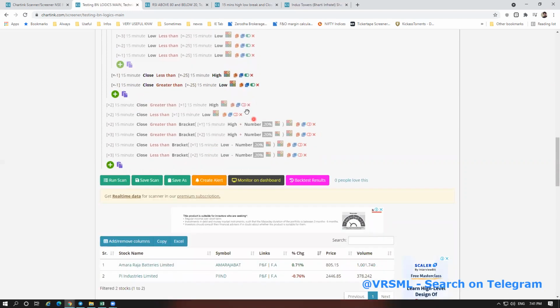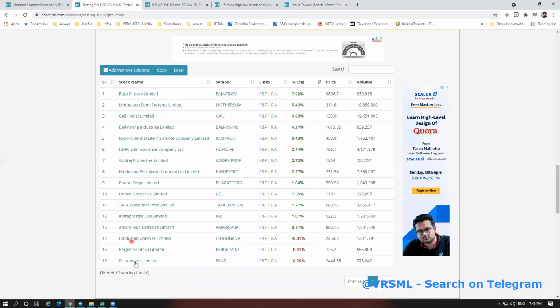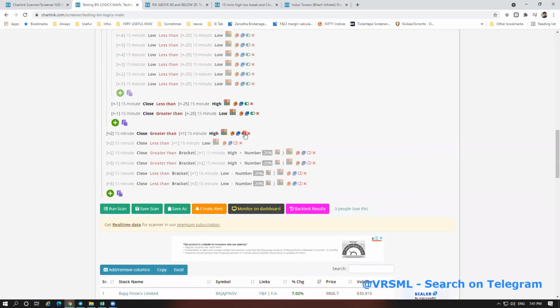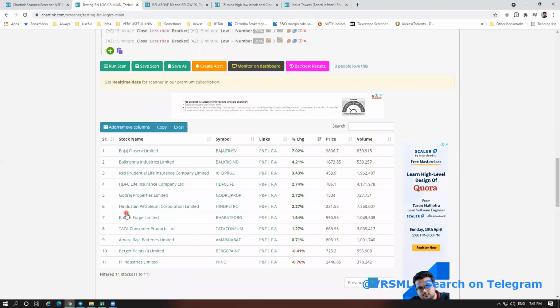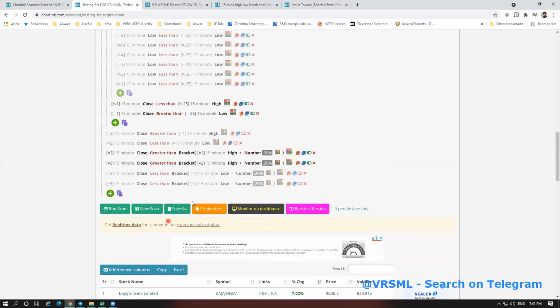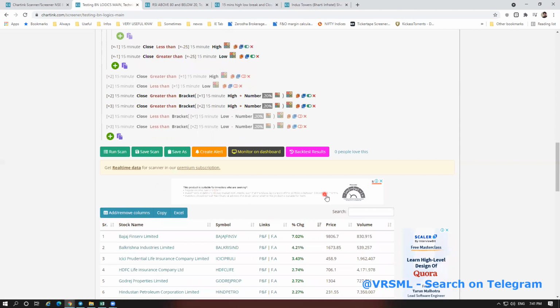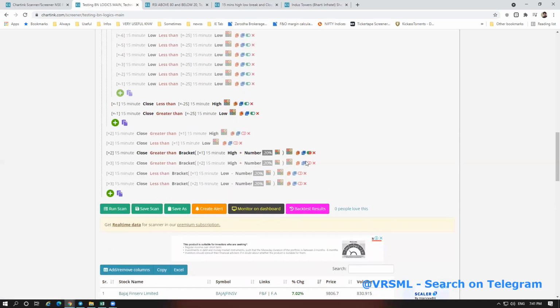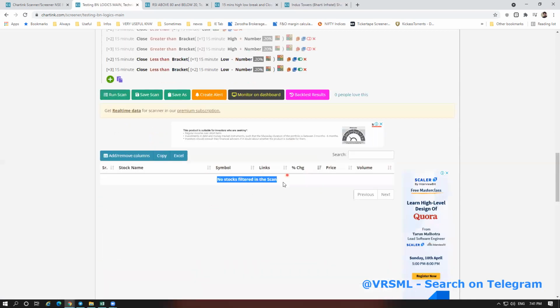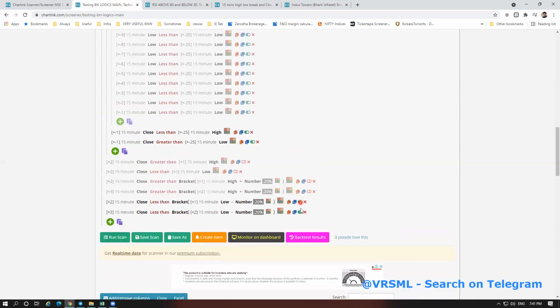If you want only the ORB concept for that consolidation stock, you can scan this and you will get 16 stocks. But if you want both conditions fulfilled, ORB and this, you have to run a scan and you will get these 11 stocks. Then if you want to trade, you can take a trade in whichever stock you want. Similarly for sell also, because of last day's consolidation, today I want to sell, so there is no stock basically for today. It's for, I think, the Tuesday session.